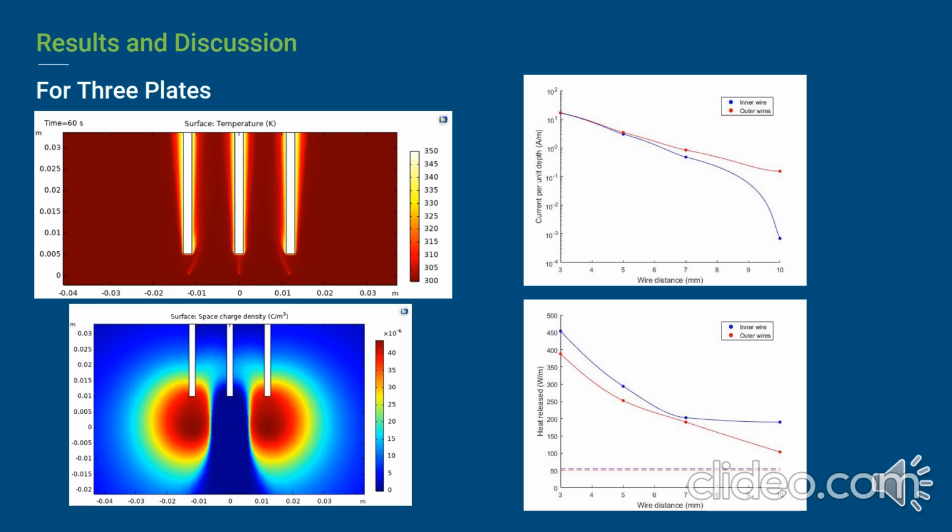You can see here that when we bring multiple arrays of plates, we need to calculate 3 types of current: one for the center, one for the left, and one for the right. But due to symmetry of the problem, left and right current will be the same, and it is given by the outer wires. And here the electric field influences each other, meaning if there is some charge here, it will reduce the electric field in the central wire also. And due to this, we can see that at nearly 10 mm distance, the current in the central wire stops because there is already enough charge built up in the outermost wires, and this is the corresponding heat transfer rate as we change the wire distance.